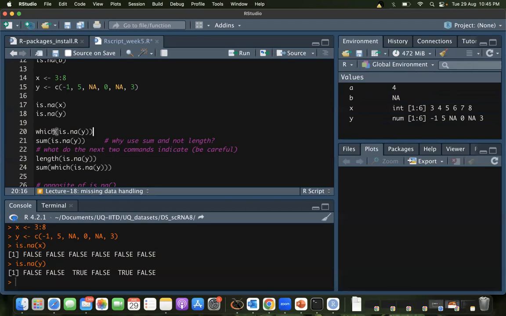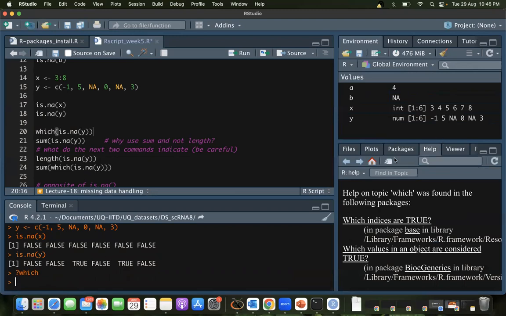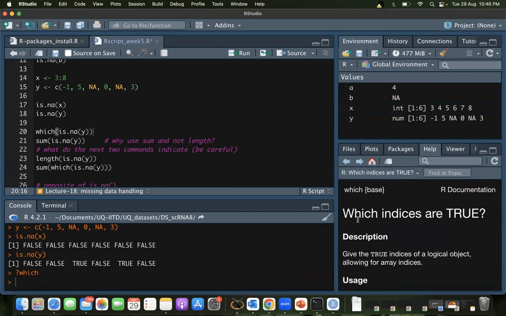Okay, so there's another function, which. So now you understand here what you've got is some true or false, right? Now, which function? There's this thing, question mark and the function name. This is a very useful provision that R gives us. So if I take this, it's going to open a help window here. And so multiple options are there, based on, I have extra packages installed, but here we are mostly interested in the base package. This has not been discussed extensively. It will come up in the later lectures. But anyway, I'm opening the first one here.